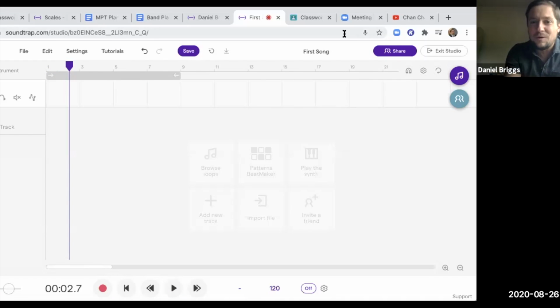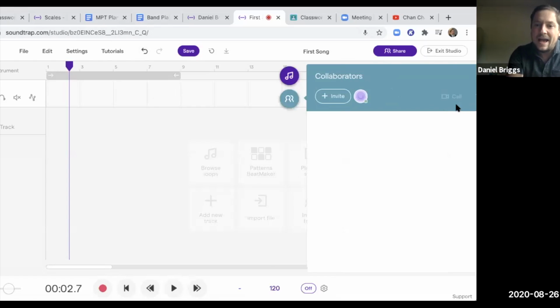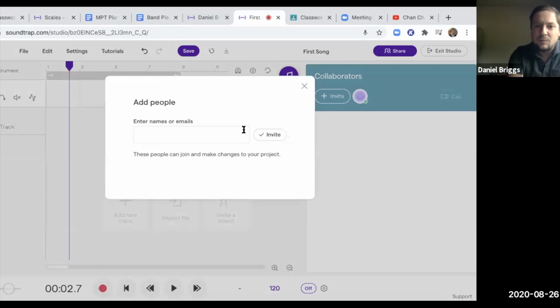And you all are more digital natives than I am, so I imagine you will find this pretty easily. Over here to the right, you'll see this light blue teal button here. This is where you can add a collaborator. So I can invite other people to collaborate with me. So in fact,